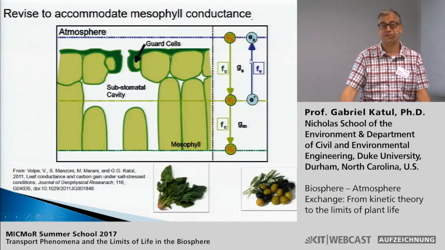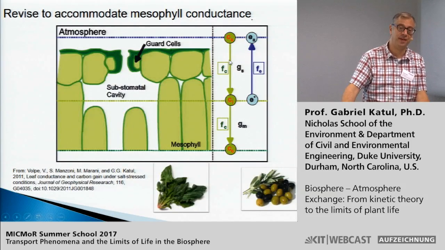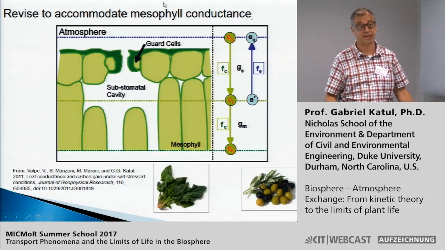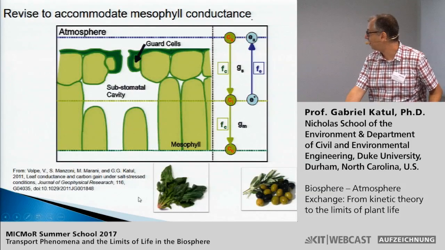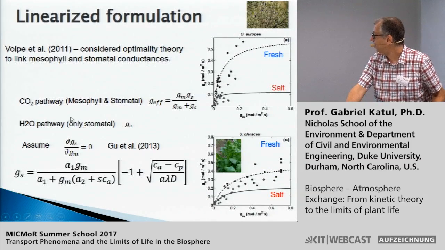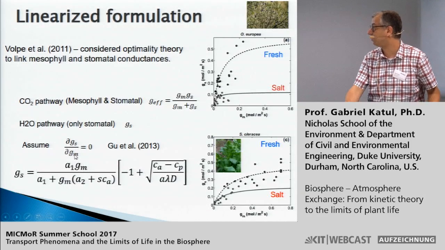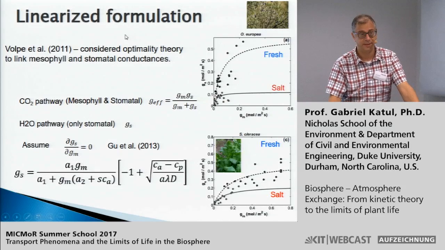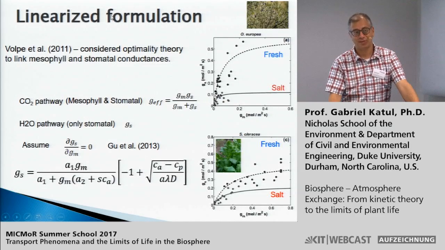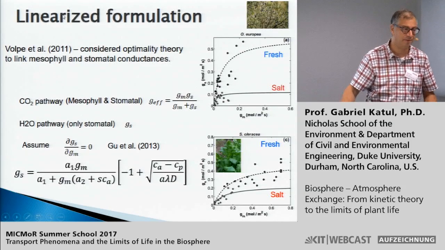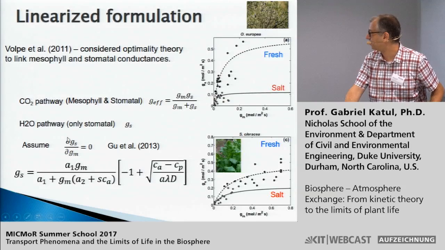But that doesn't mean that you cannot say what the mesophyll conductance might be doing indirectly from stomatal optimization theory if you could predict a relation between the mesophyll conductance and the other parameters. And that's exactly what Valeria started. She actually wrote the stomatal optimization theory as a combination of mesophyll and stomatal, and made the assumption that the variations in stomatal conductance are not connected to the mesophyll conductance. This is a very hard assumption, and I could easily punch holes in it by simply saying that if the leaf pressure is somehow connecting the mesophyll and the stomatal, you are not going to satisfy this assumption.